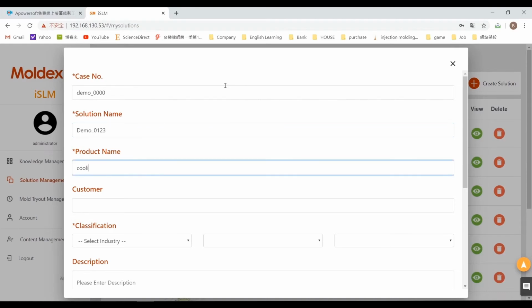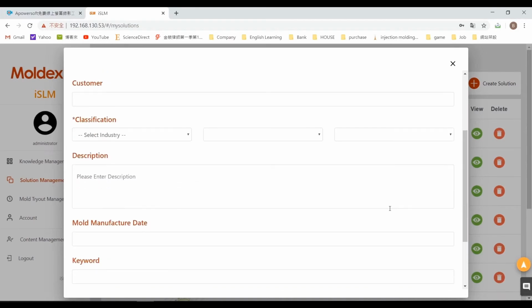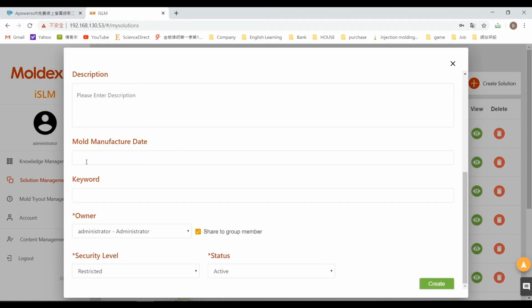The product name here is cooling fan, and you can select the industry. You can also write a memo in the description field, and fill in the mold manufacture date and the keyword,